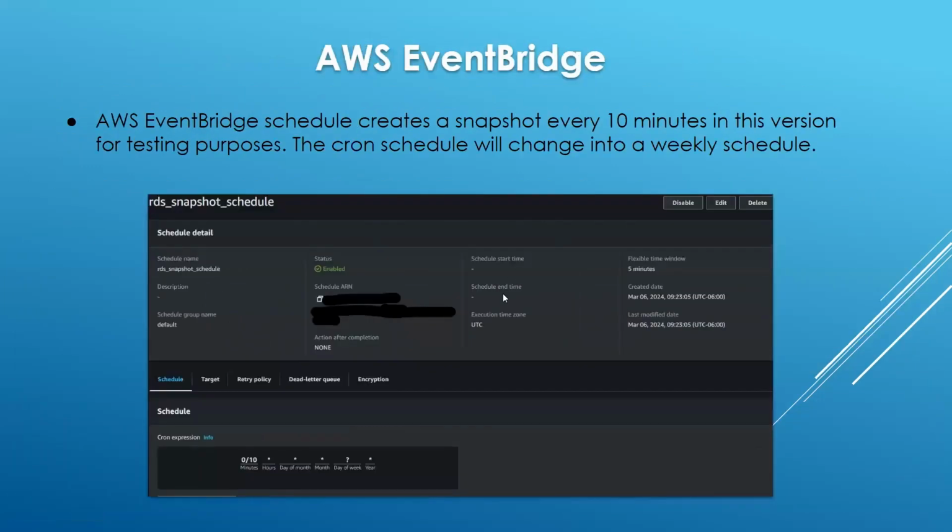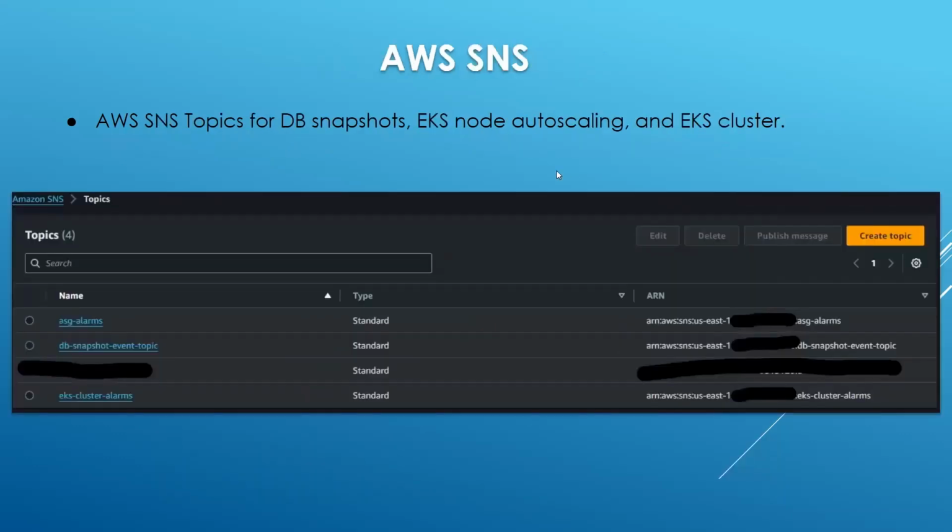Here we have our EventBridge. EventBridge is scheduled for every 10 minutes to create a database snapshot, but since this is just for a test deployment, I put it as 10 minutes, but it will be changed to weekly or whatever the priorities are set for. We also have our SNS topics that are being created: auto-scaling groups, alarms, database snapshot, event topic,